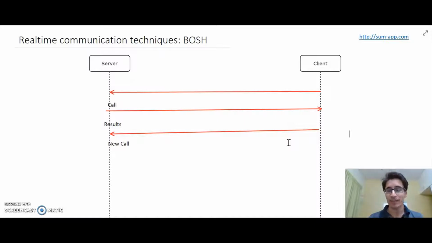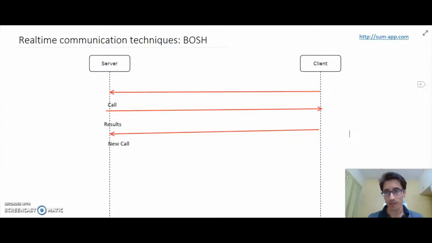So the key here is the moment client gets results from the server, it would make the next call, and the call will be pending as long as there are new changes. Pretty simple protocol, but a very interesting one and has been used widely across many video conferencing applications, IoT applications, and so on.